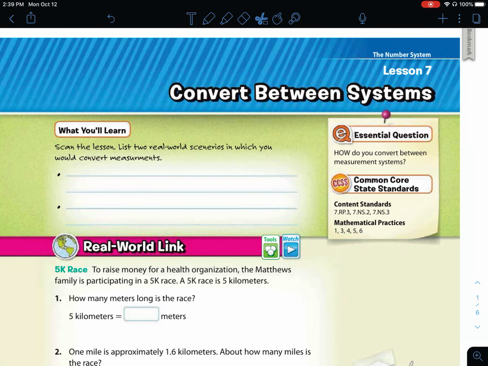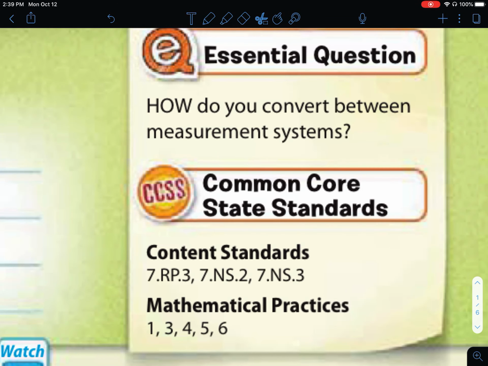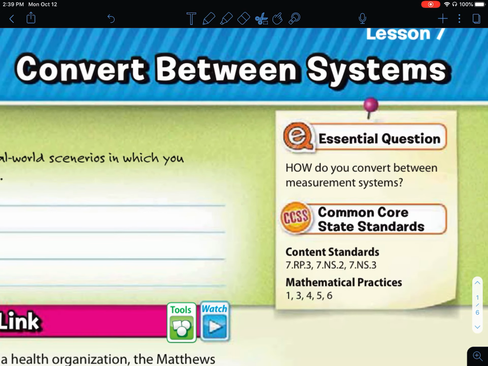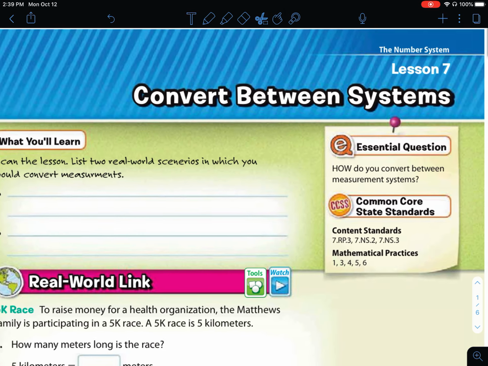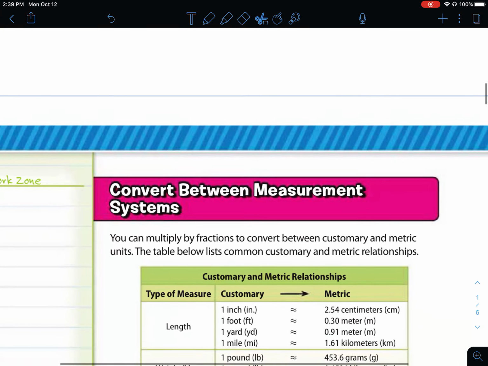This is lesson 7, Convert Between Systems, chapter 4, lesson 7. And the essential question is, how do you convert between measurement systems? So, in this lesson, we should be able to convert between measurement systems at the end of this lesson. Let's go right away to